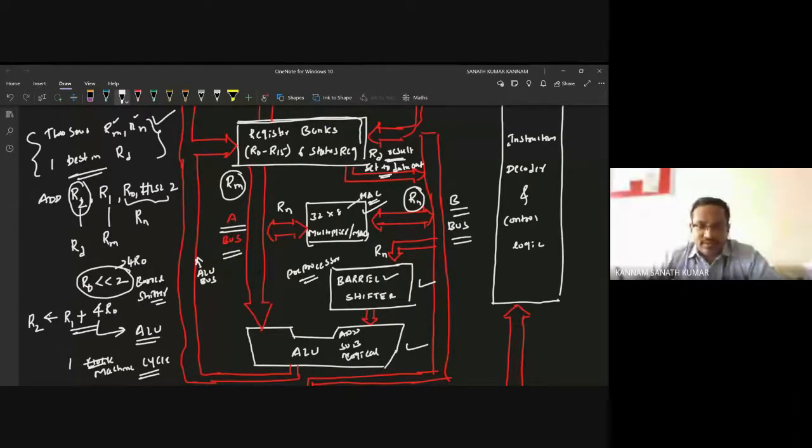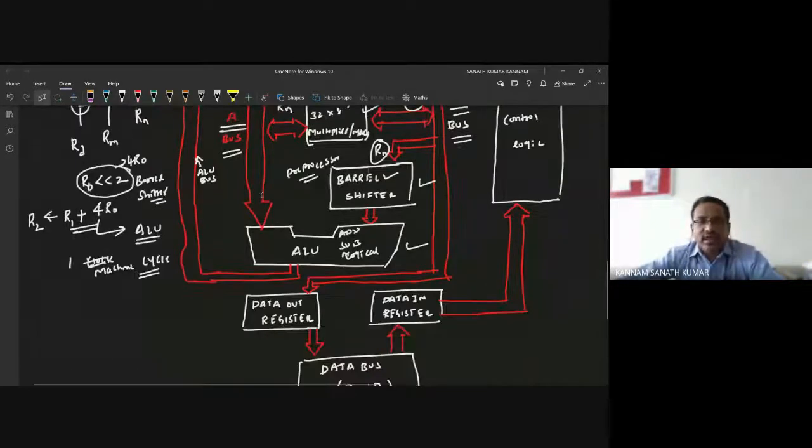That means this ARM processor will do pre-processing. The barrel shifter is a combinational circuit. It can shift left or shift right, or rotate left or rotate right any number of times, depending on the instruction you give. Whatever the content of register RN is, that will be shifted left or right, or rotated left or right, by any number of times.